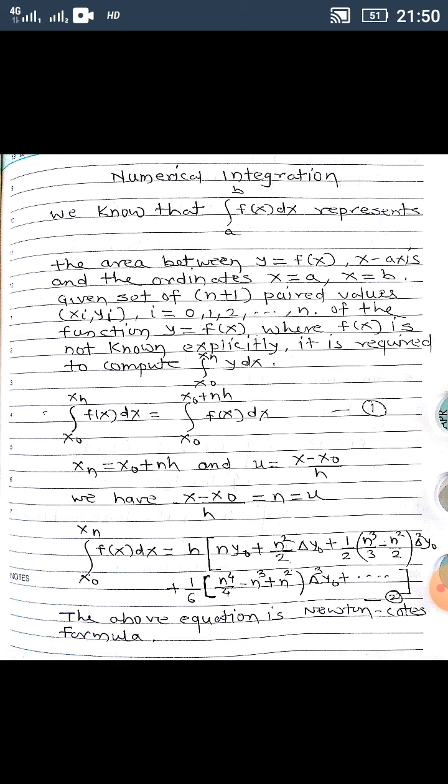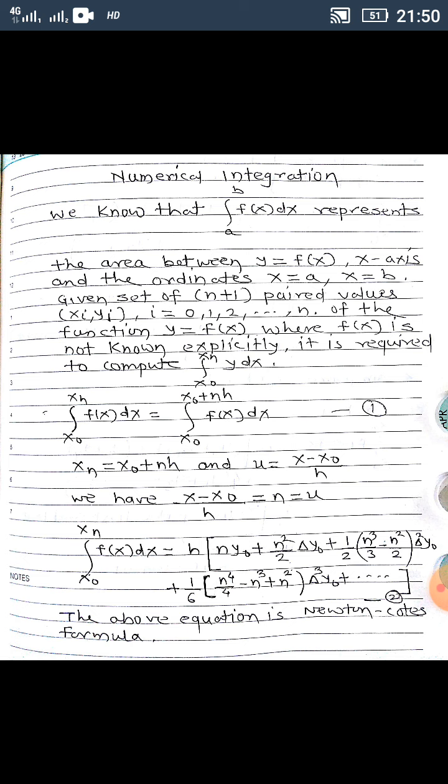Now we are calculating the numerical integration, for which if there are any functions which cannot be integrated very easily, such kind of problems we can solve very easily in numerical integration. So given a set of n plus 1 paired values xi, yi, i is equal to 0, 1, 2 up to n of the function y is equal to f of x, where f of x is not known explicitly,